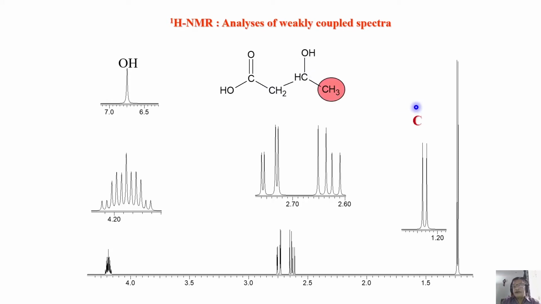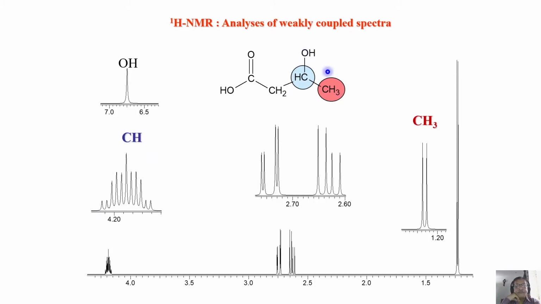Fine. Now I will say that is CH3, and this same doublet is expanded here to make it clear for you. So it is a doublet. That's what is clear. You saw that. Next we will go to the other thing. This CH proton is written here. This bunch of peaks corresponds to this CH proton.